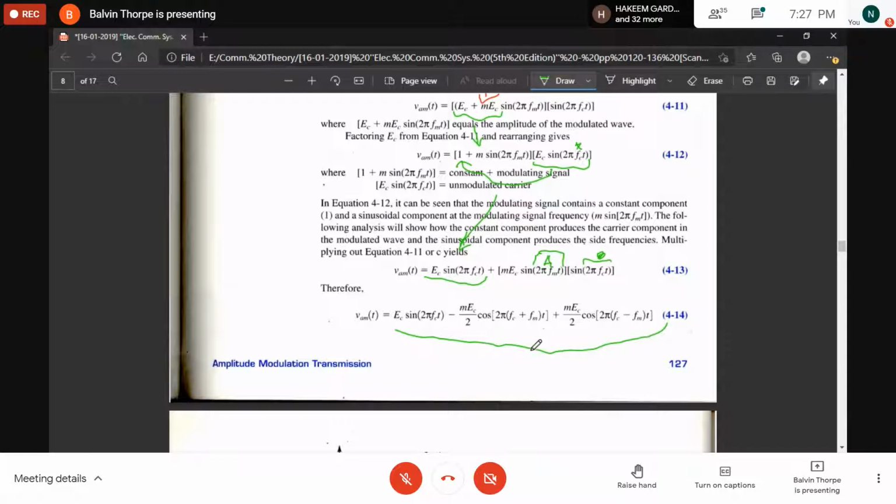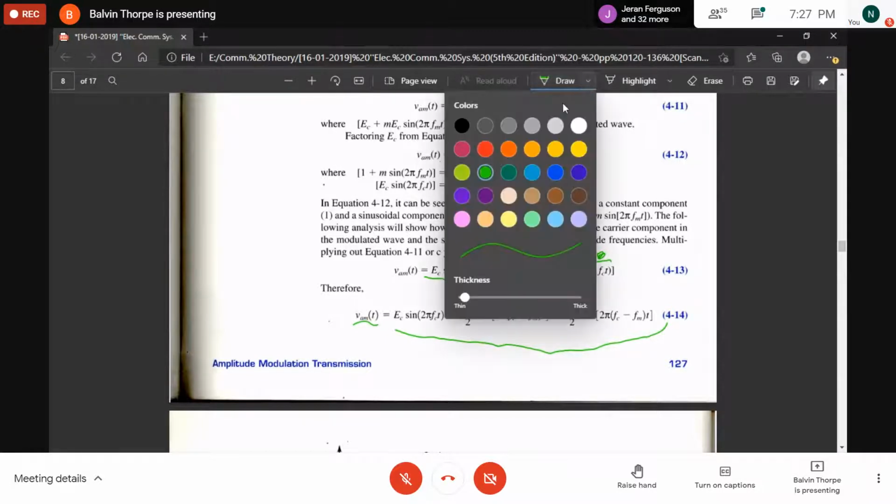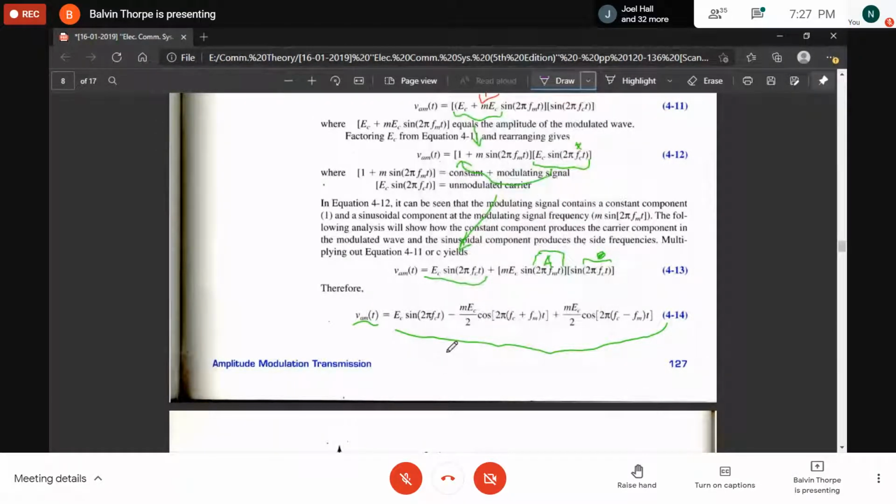Having this expression clearly shows you that the instantaneous amplitude modulated wave has 3 main components in it. It has component 1, so it has this. It has this, all of this, and this. So 3 components. The first one shows you that even an amplitude modulated wave has